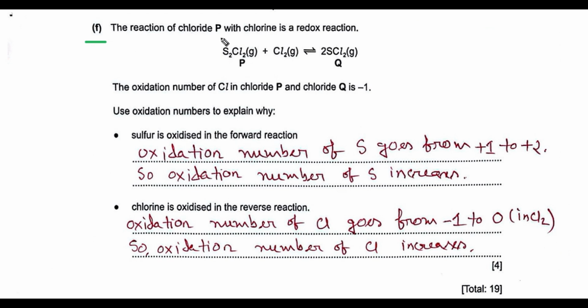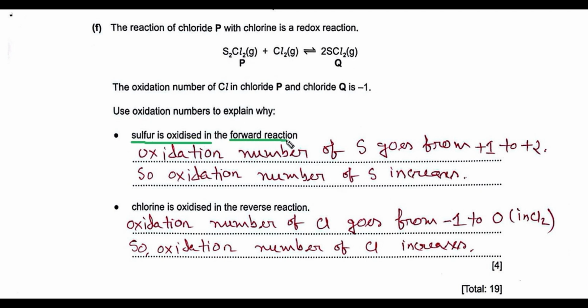The reaction between P and chlorine is a redox reaction. So the oxidation number of chlorine in P and chloride in Q is -1. Use the oxidation number to explain. Sulfur is oxidized